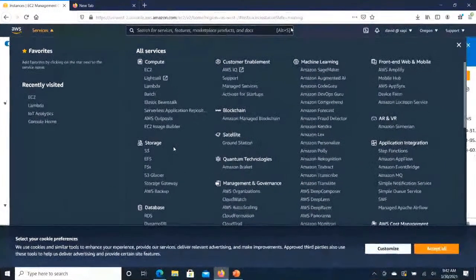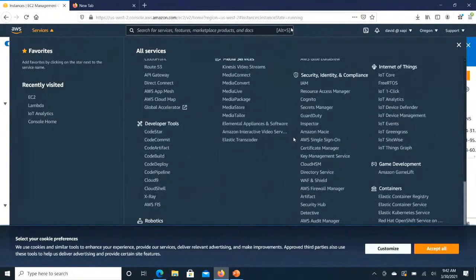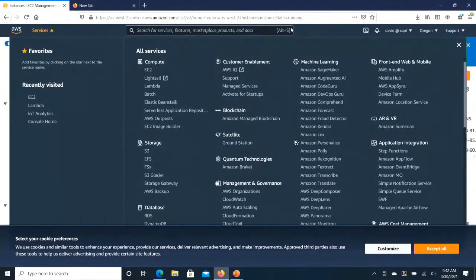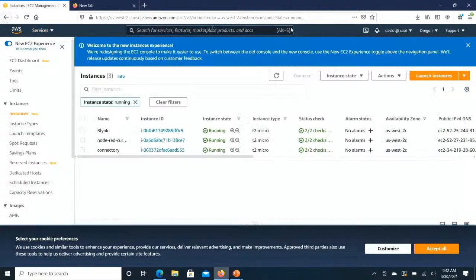So when you log into your Amazon account, you will see that there are a ton of services. Many of these are like traditional compute, cloud compute, where you have launching instances. But what we're going to really look at is a service called Lambda. And I'm going to start by demonstrating a little simple application that I developed, and then I'm going to walk you through how it all ties together. So I'm going to start by going over to a service called Cognito.